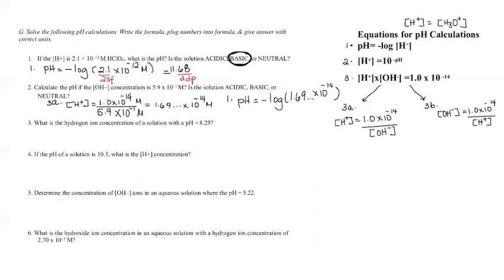So again, our measurement started with 2 Sig Figs, so technically we need to put this to 2 decimal places. When we round our answer to 2 decimal places, what will be the answer? So when we take the negative log of that 1.69 times 10 to the negative 14,